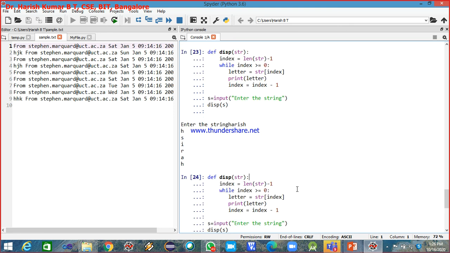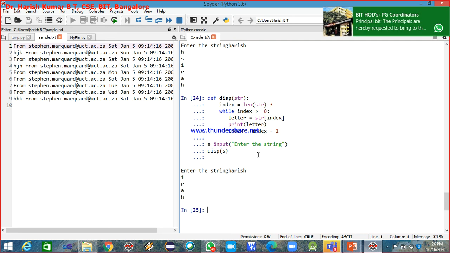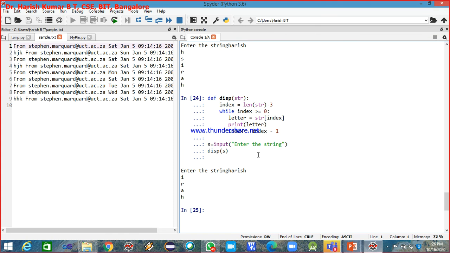So what I can do is assign index as length of str minus 3, and then run this. Now I'm not iterating the whole string from the back side; I'm iterating from the last but 2 character.